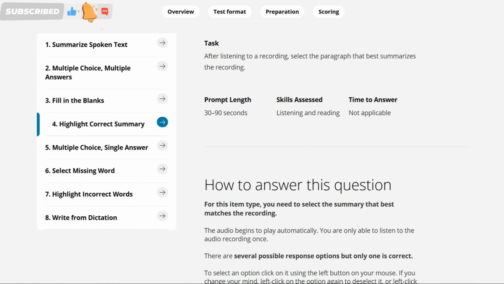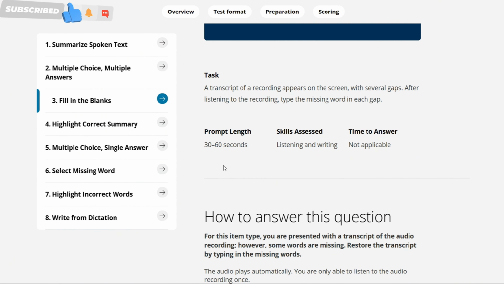Then highlight correct summary, marks go to listening and reading, because in highlight correct summary, you need to read the summary as well in order to select it, whether it is right or wrong. So you are deciding. Listening, because you listen and then you read that summary to select. Fill in the blank, same thing, because in fill in the blanks you are listening to the transcript or listening to the paragraph from which you're having